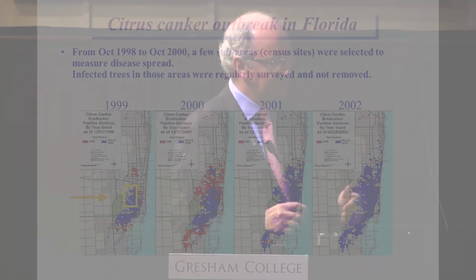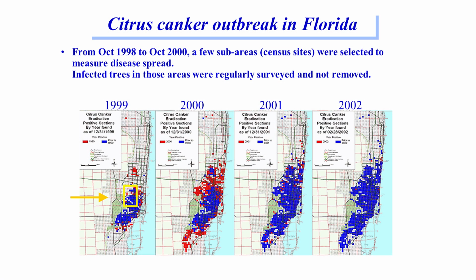Dooryard trees are backyard trees. So we want to understand, how is this spreading? Can we predict the spread? And importantly, can we predict how control would work? So we take a series of snapshots of disease over time. And in particular, if we home in, we're going to go into a particular region here.